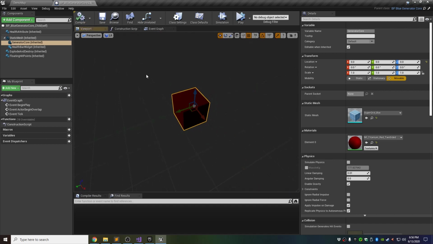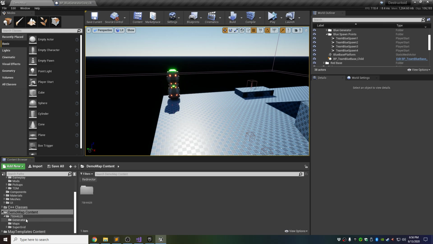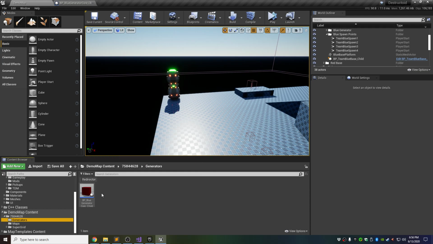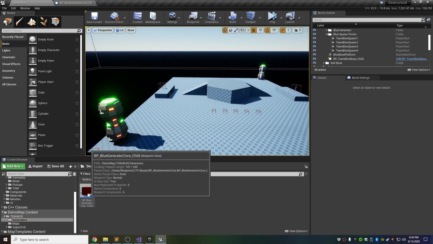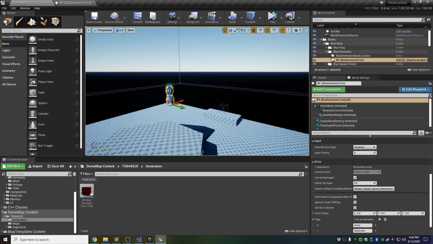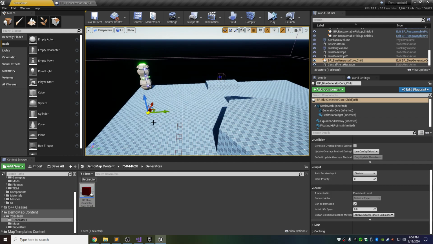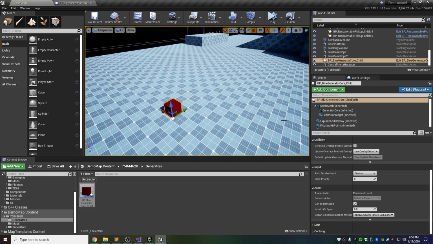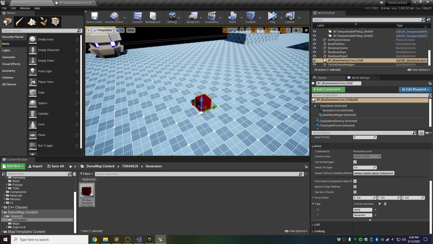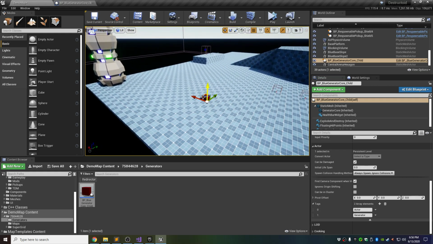And so once that's done, you can compile it, and what you can do is you can drag this in. You could theoretically delete the one, this is the blue generator, so you would delete this one in the game. I'm not going to actually do it, but you could delete that and then instead just drag this one in, and that would be your generator. And of course the key is you have to just make sure that, and it should, because it's a child, it just has to have the actor and generator tags on it,